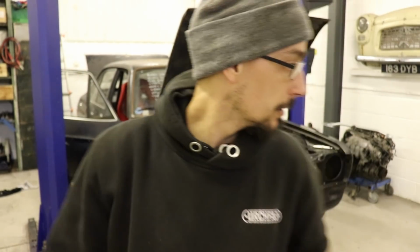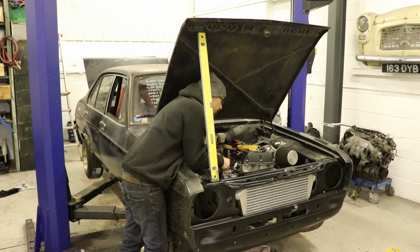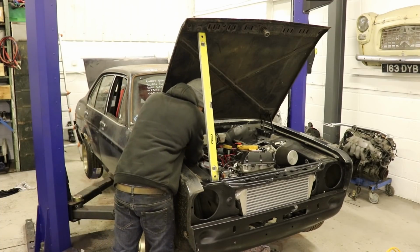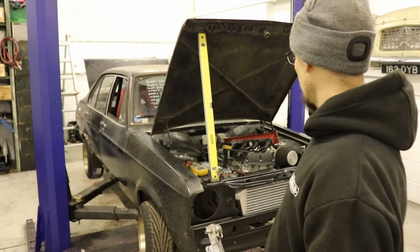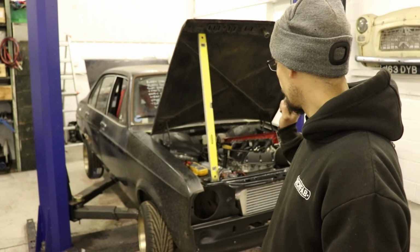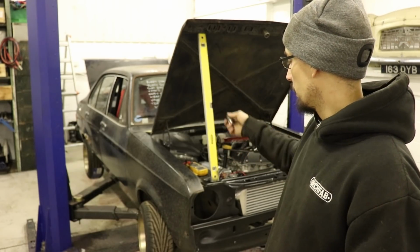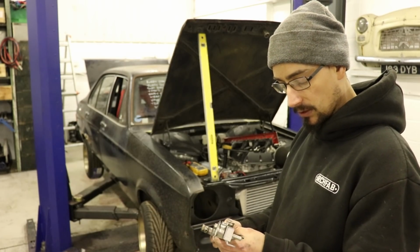Dry as a bone. Alright, so got no fuel getting to anything, and nothing coming back out the return line when I just run the fuel pump. So checked at the back and the line was all under pressure. So I've just gone to take my fuel rail off,